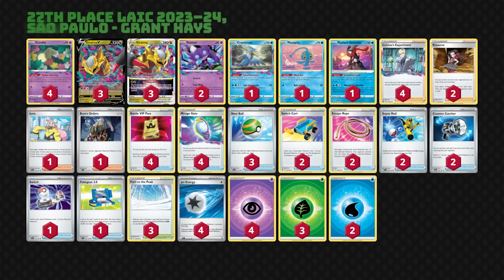Giratina V-Star is strong for a lot of reasons. Number 1, it has a diversity of single prize attackers and double prize attackers. It has one-hit knockout potential with Giratina V-Star. It has the early turn consistency with a Beast Seeking. It has Moonlight Shuriken that can take multiple knockouts. It has Sableye Lost Mine that can spread damage counters around. It's a very, very overall solid deck, and then it even has Disruption plus Path to the Peak,